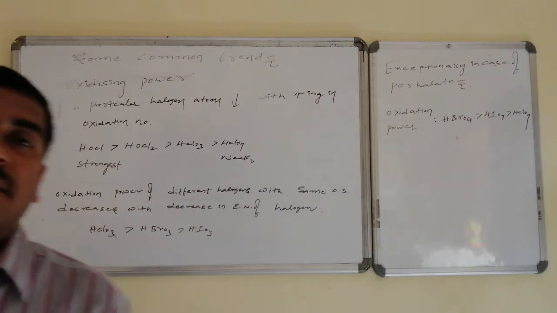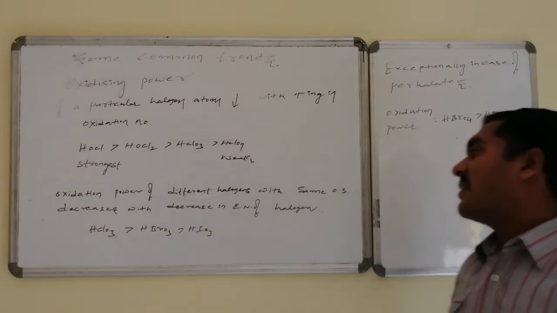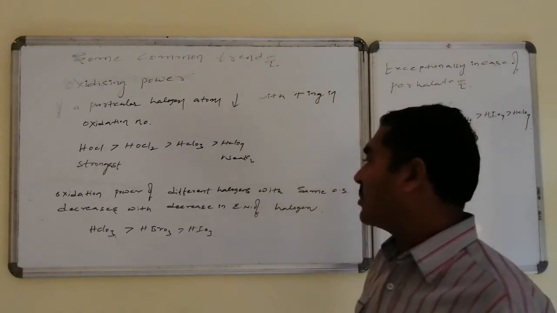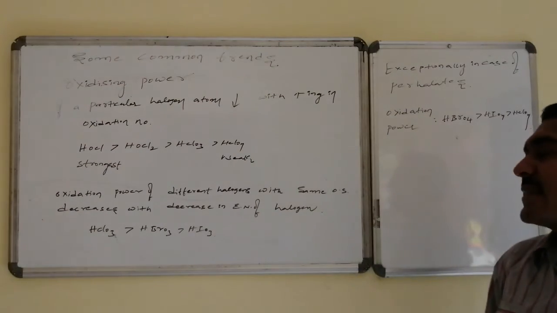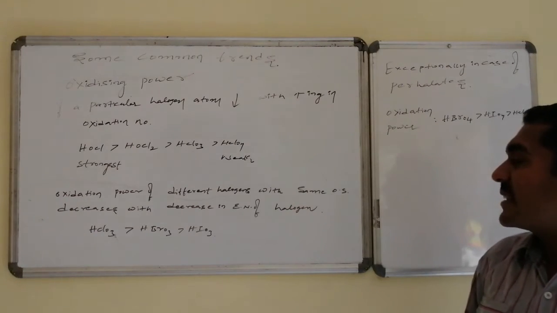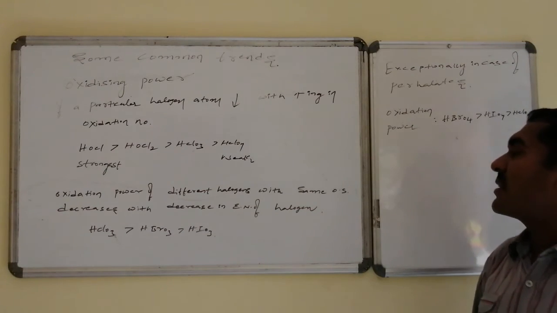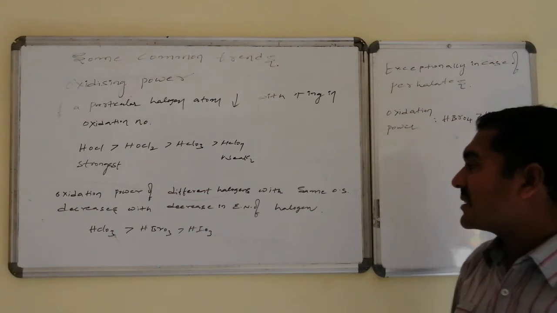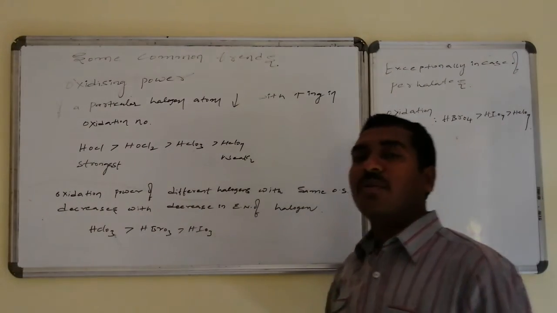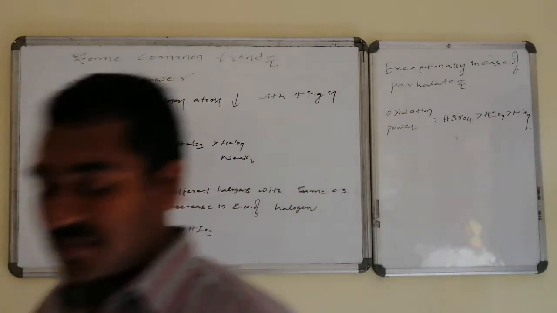When the same oxidation state of different halogens is considered, here also the electronegativity of the halogen decreases, and the corresponding oxidation ability also decreases. In case of halic acids, chloric acid is having higher oxidation ability, the next is bromic acid, and the next is iodic acid. Such a trend is maintained, that is the oxidation power of different halogens with the same oxidation state decreases with decrease in electronegativity of the halogen. Thus chloric acid is greater compared to bromic acid, which is greater compared to iodic acid.